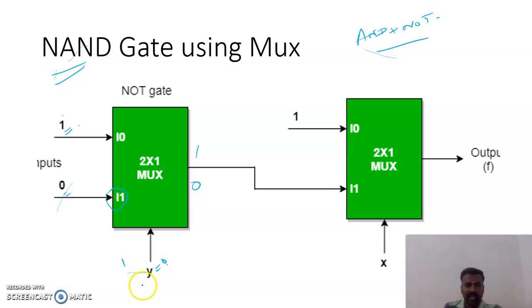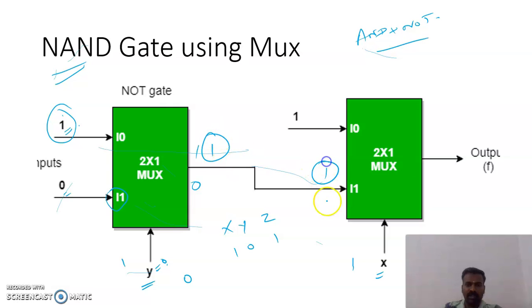Here I'm going to use one selection line, and another input as a selection line. Let me explain one small condition, that is x y and this is z. For 1 0, we know that the NAND gate output is 1. So let's take x is equal to 1 and y is equal to 0. Y is equal to 0 means automatically it will select this one, so output 1 will come here. So x is equal to 1, so it will select this 1 as the output. So we got output is equal to 1. In this manner, we need to check the remaining conditions 1 1, 0 0, 0 1.